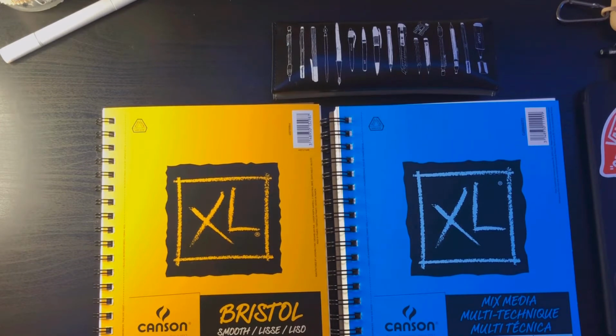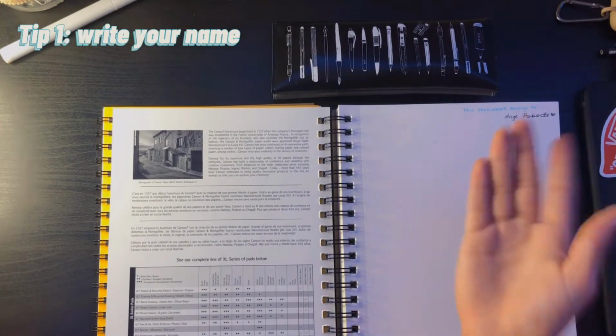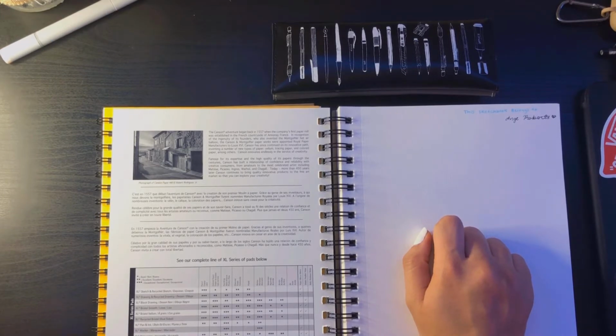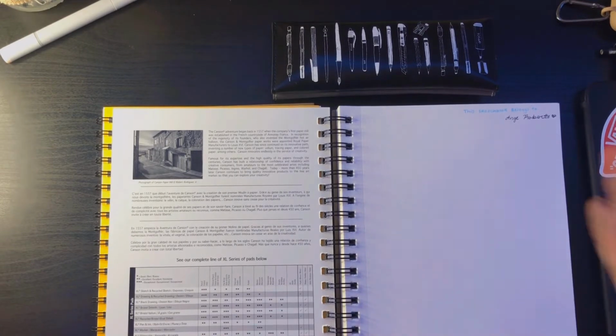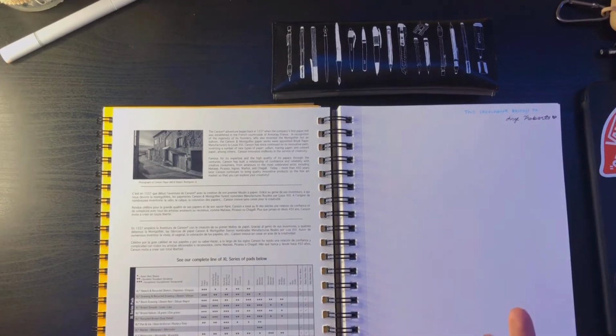So, first thing that I like to do, as you may have seen when I opened my mixed media sketchbook, is I like to put who it belongs to, just so that your signature on all your art doesn't have no meaning, if it's kind of like mine where it's just 2 letters. But yeah, that is just one thing that you can do to start off, and that's just one of my smaller tips. But let's get into the actual nitty-gritty of things, and I'll explain how I basically like to start